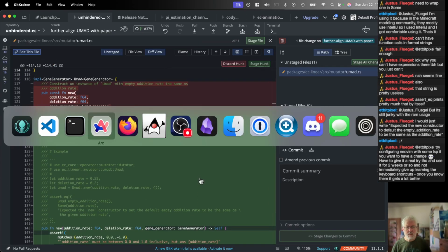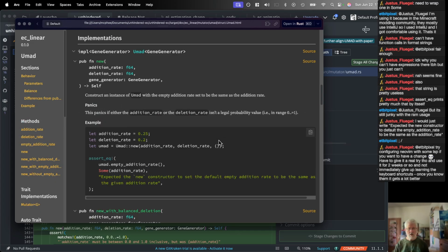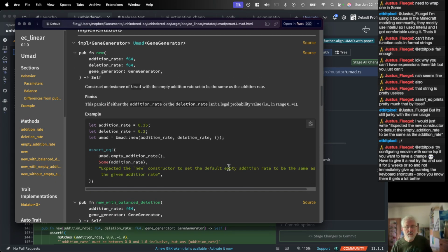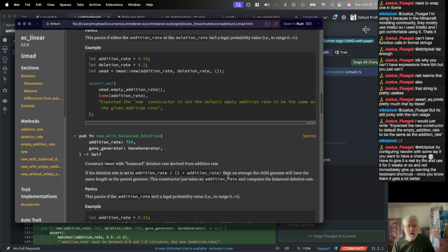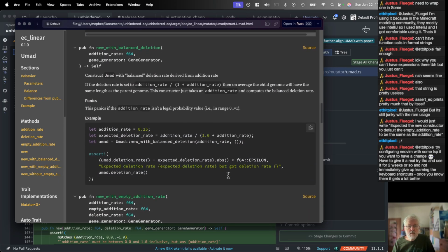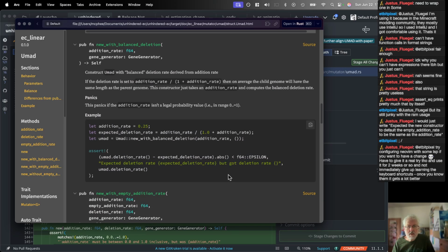Actually, we should look at the documentation, since that had been the whole point, that we should have looked at this before we pushed the first time. Construct an instance of UMAD with empty addition rate set to be the same as the addition rate. Panics if either is an illegal probability. Example. New with balanced deletion. If the deletion rate is set to